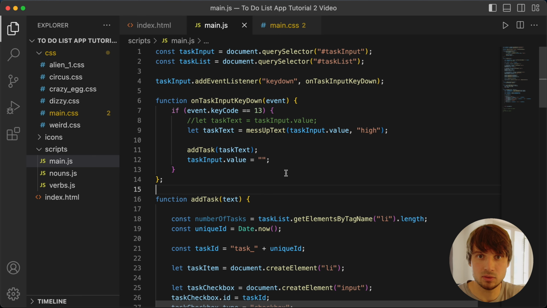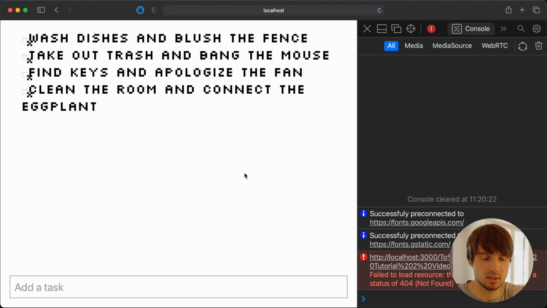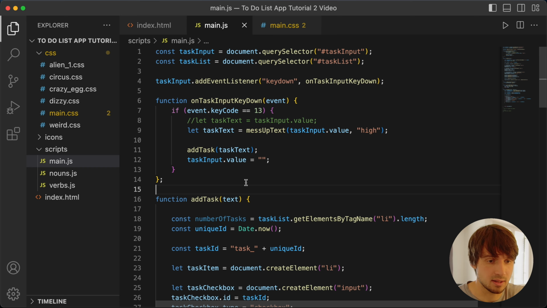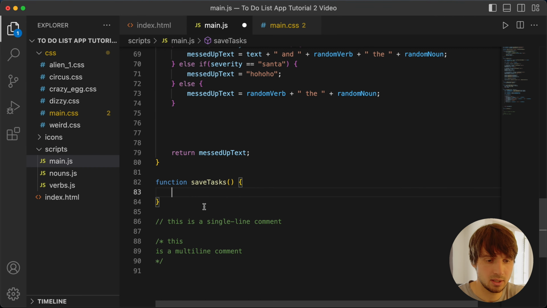So one last thing left to do before we can switch to programming the UI and the UX of this thing is to be able to save the tasks, because now if you reload the page, it would all go away. And it's actually very easy to save them. Let's write another function, save tasks. Actually, let's write it like this,